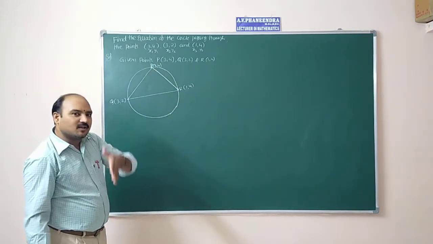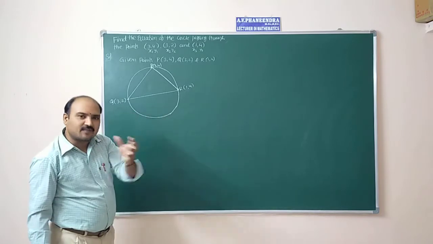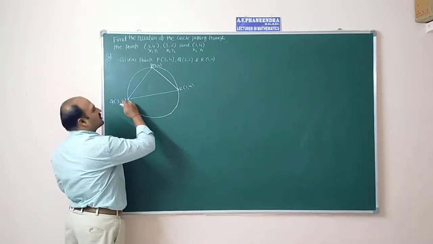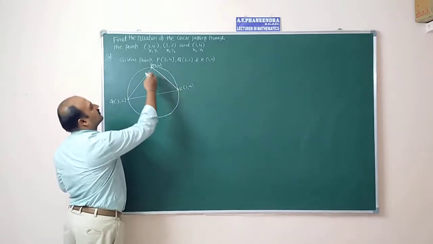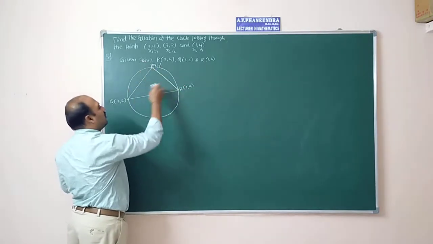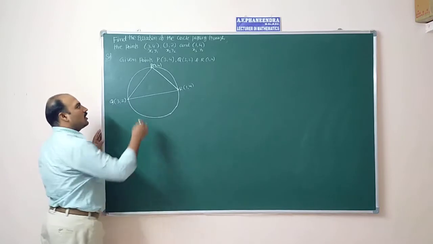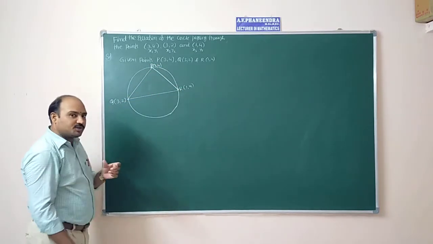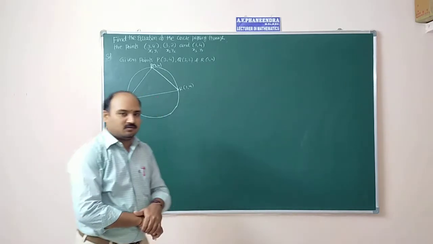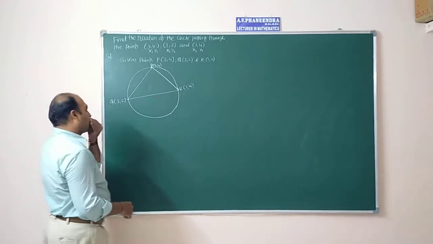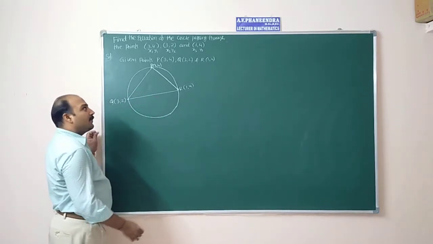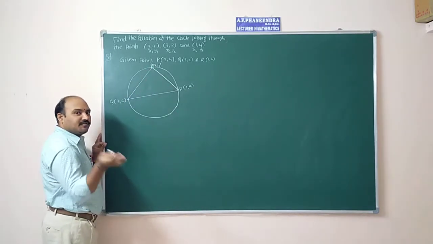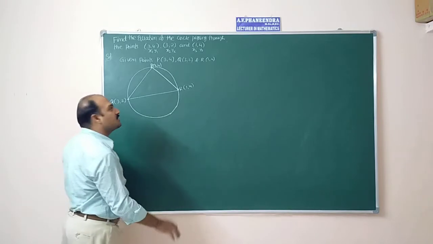First, to get the circle equation, we need to calculate the center of the circle. To calculate the center, first take any sides, suppose either PQ or PR or QR. I am going to use sides PQ and PR, using the two-point form of the straight line. The intersection of the perpendicular bisectors of these two sides will be the center of the circle.